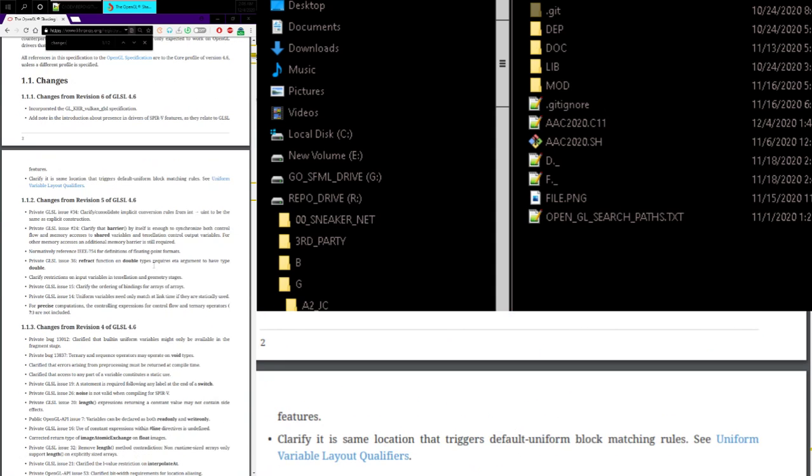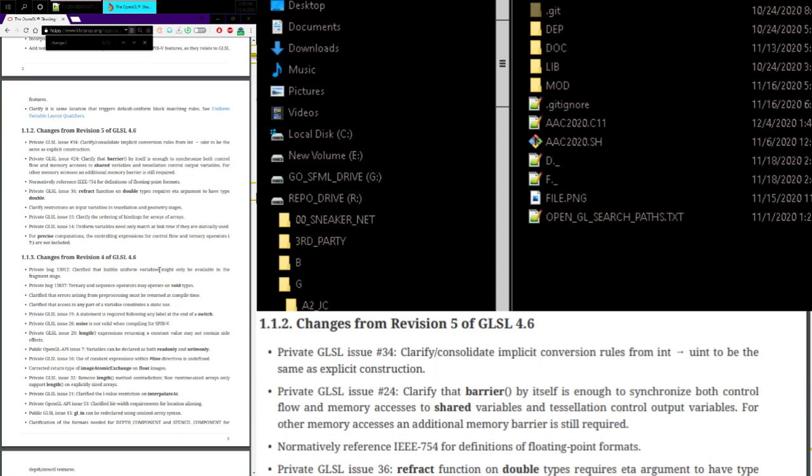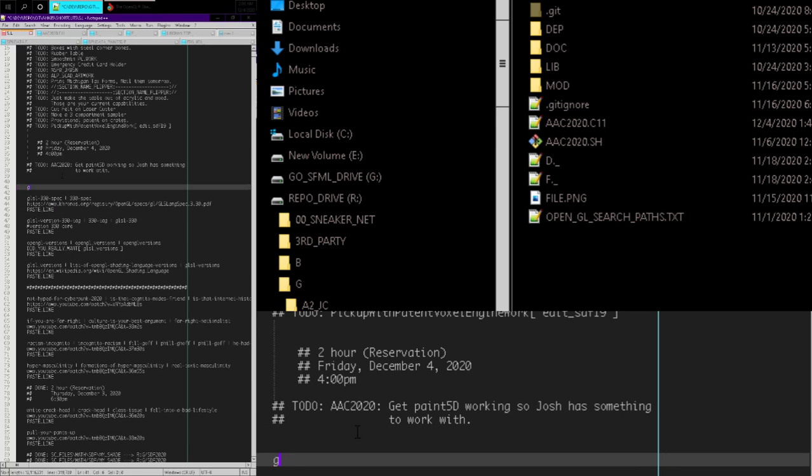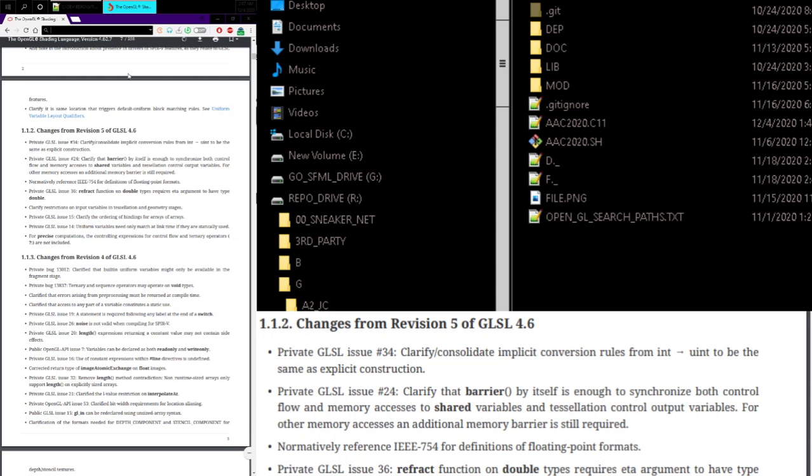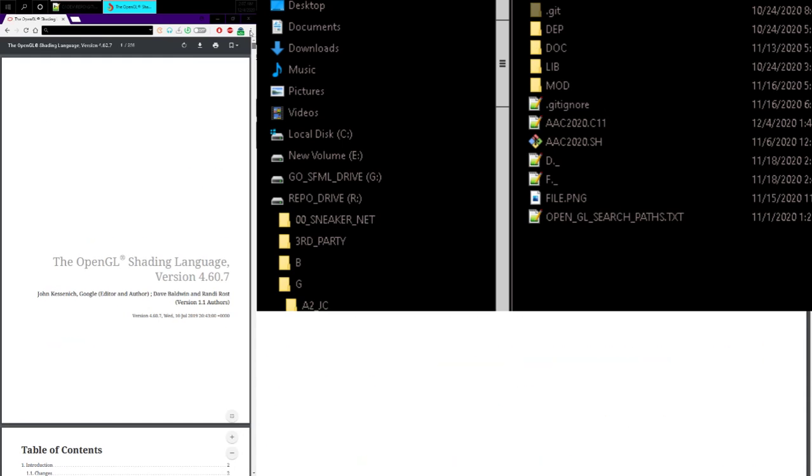So there's some Vulkan stuff. Yeah, so they're trying to make stuff Vulkan compatible. So let's take this and put it into GLSL 460 spec. Paste that, and then let's see if we can find